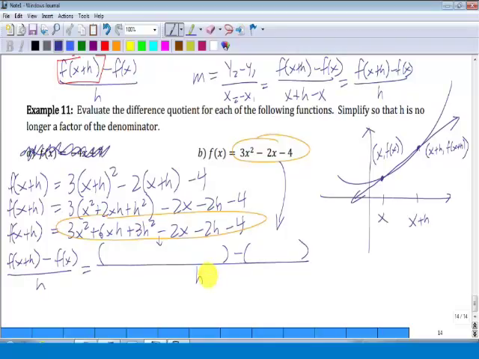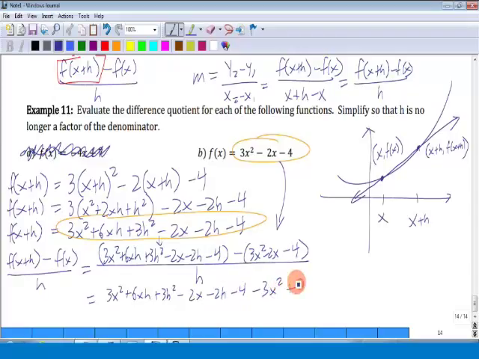Good news is, when we simplify the numerator, 6 out of 9 of those terms up there are going to cancel. So we're going to have 3x squared plus 6xh plus 3h squared minus 2x minus 2h minus 4 minus the quantity 3x squared minus 2x minus 4. And we begin to simplify. Clear the parentheses. A lot of copying and pasting at this step. 3x squared plus 6xh plus 3h squared minus 2x minus 2h minus 4 minus 3x squared plus 2x plus 4